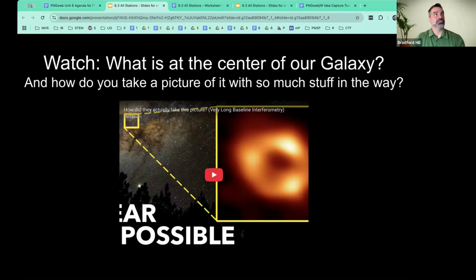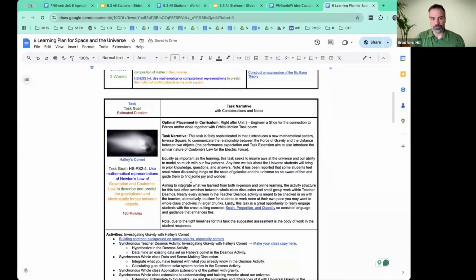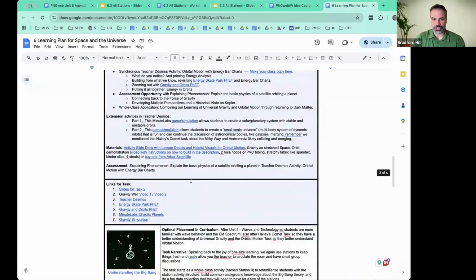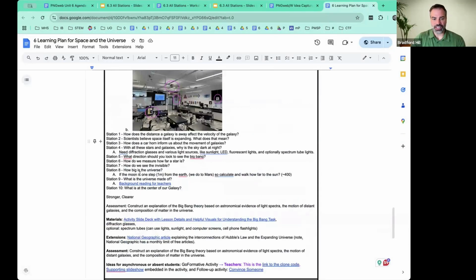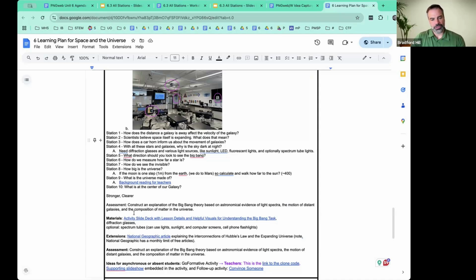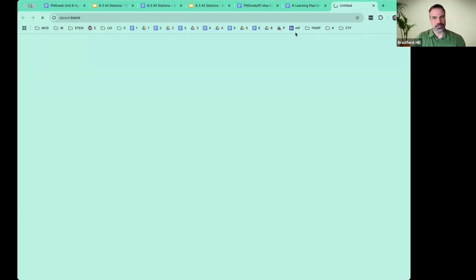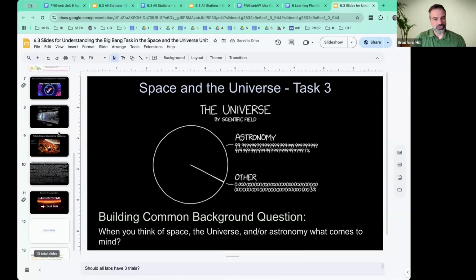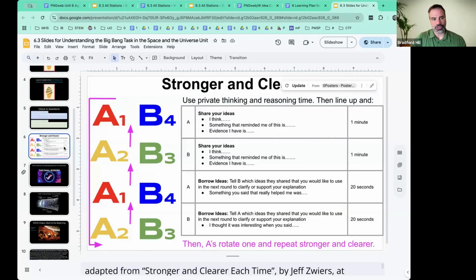I think we're in the all slides. Maybe one last peek, as we start to wrap up, to look at the learning plan. We've been going through the webinar agenda. So again, we had Halley's Comet, orbital motion, and then here's all the stations. I'm going to get ready to throw it back to Matt to say any last comments. I was going to open the slides, but might even run out of time. We do a stronger, clearer